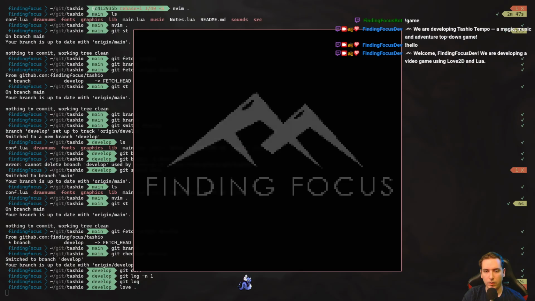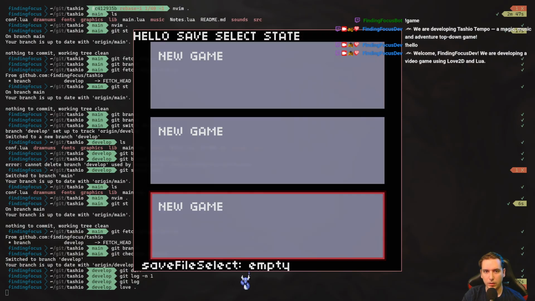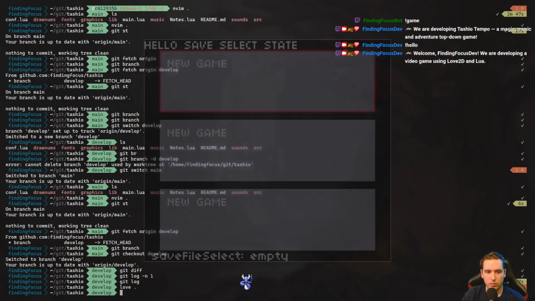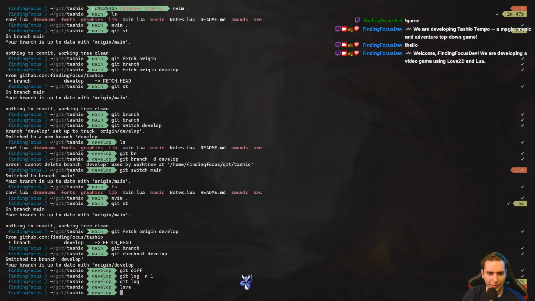Okay, so this is our branch. This is our branch, because if we run it, we get our save select. Okay. This is great. So this is the first thing we're adding to the game, the save select, the ability to save multiple profiles, so you can have multiple save files. That's looking pretty good. We just need to merge this develop back into main. So let's do it.